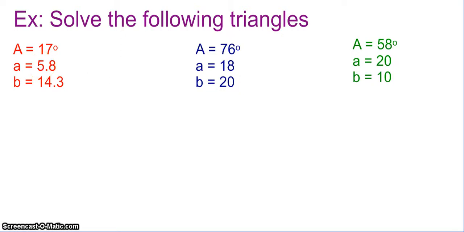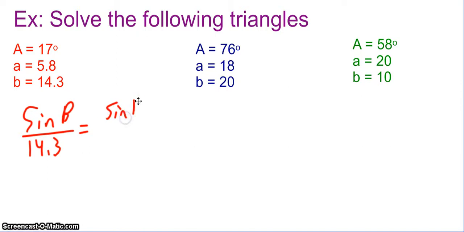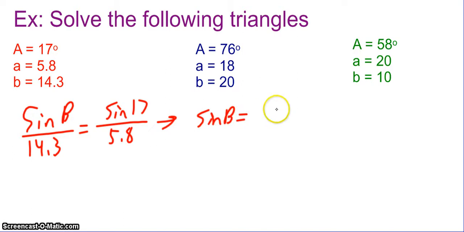Okay, the nice thing about the ambiguous case is it only gives you one thing to solve for first. Since I have angle A, side A, and side B, I have to solve for angle B first. So I'm going to say the sine of B over 14.3 equals the sine of 17 over 5.8. Multiply by 14.3, so I have the sine of B equals